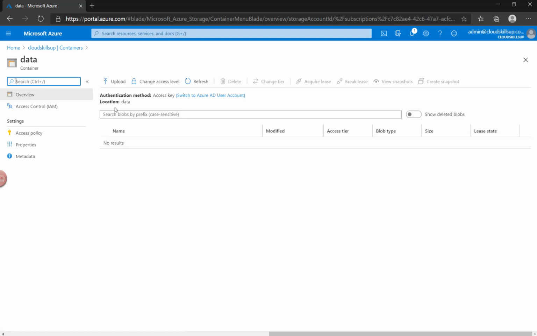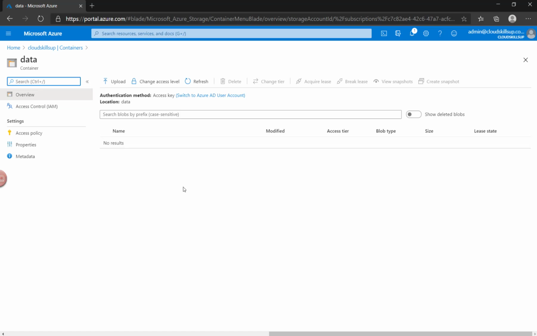So now I can upload data to this container, and that will achieve my goal. We have provided the permission, and the authentication and authorization was done by Azure Active Directory, and we are able to access the storage account.